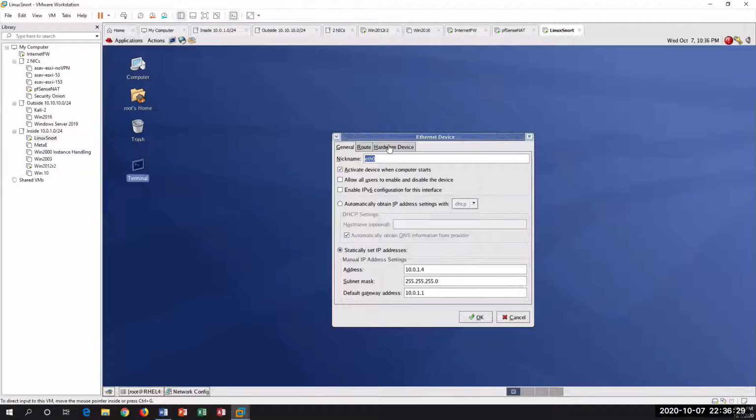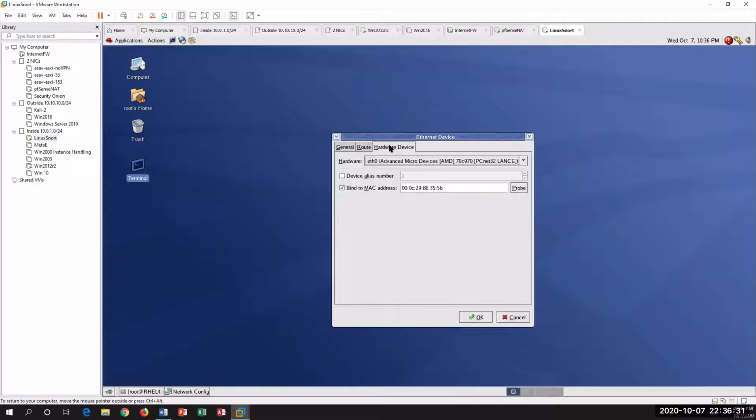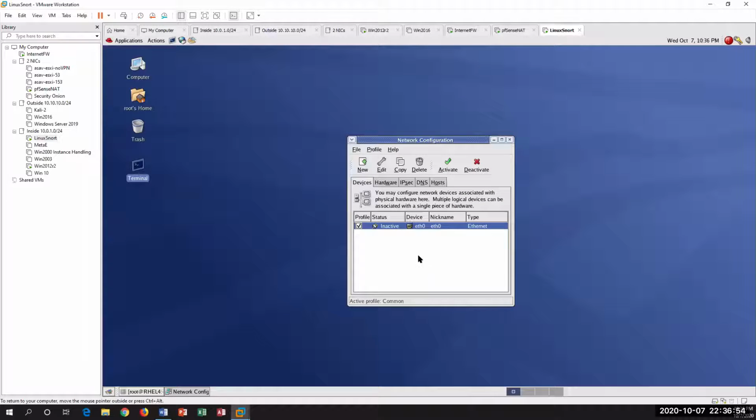Now we're going to click on the hardware device, and you see that this is 355B. That's the MAC address I had when I installed it. But when you import it into the VM, it's different, so you have to probe it. Once you probe it, it gets the updated MAC address, and then you can say okay on that. After that, we're going to move on to